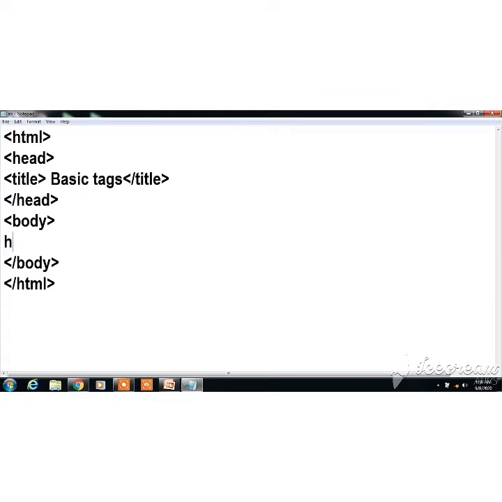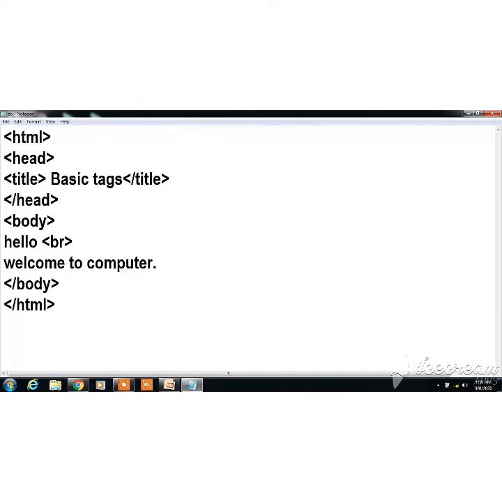So let's say I write hello. After that I write BR tag. We need not close it because it is an empty tag. Hello, welcome to our computer class. Welcome to computer class. Fine. Now let's see what the output is.